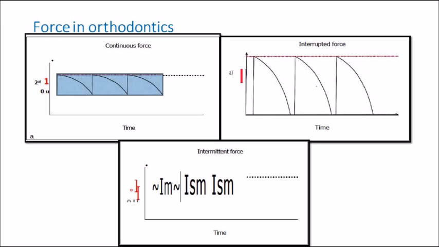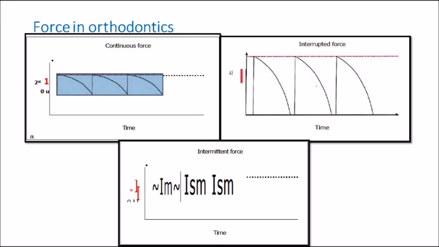The first one is the continuous force. Continuous force is one which decreases only a little in magnitude between two appointment periods. So please look at the picture in the graph. You can see that initially you have applied a force, it gradually gets reduced to a minimum level, but then on further activation it is again coming back to the initial level of the force, and then over a period of time it gradually gets reduced. So there is a force that decreases little in magnitude between appointment periods, but there is always an amount of force that is being continuously delivered.